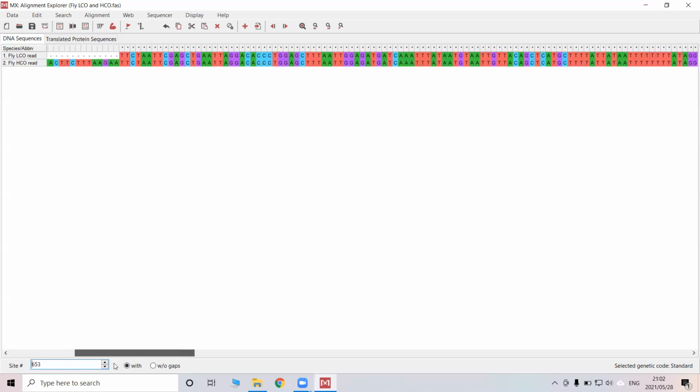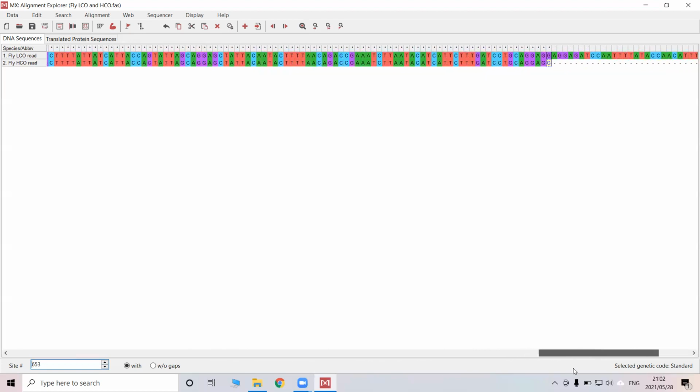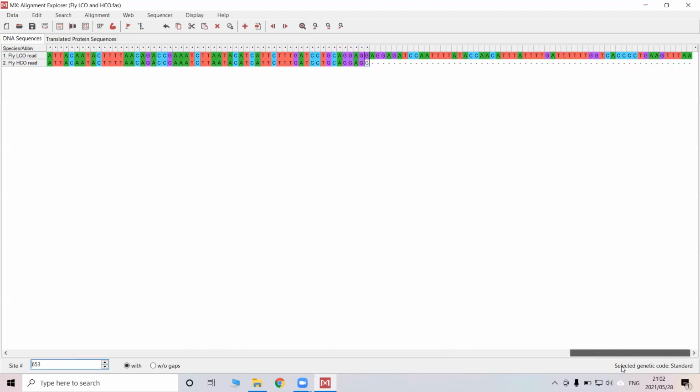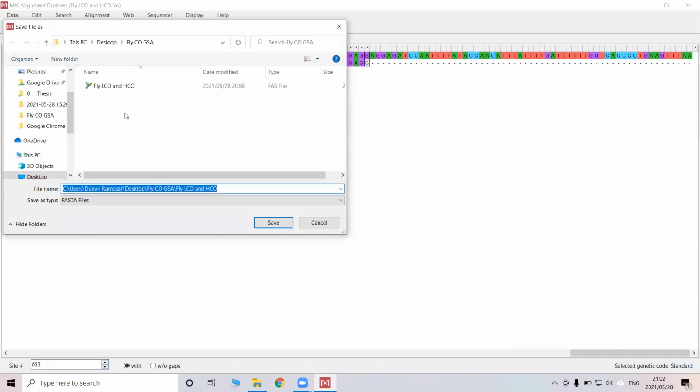So once these files are aligned, remember, both of these are now in the same direction and orientation. And since one read was from the forward and one was from the reverse, they will naturally have these gaps present. So what we are going to do from here is export this alignment as a FASTA format into the same folder on our desktop,